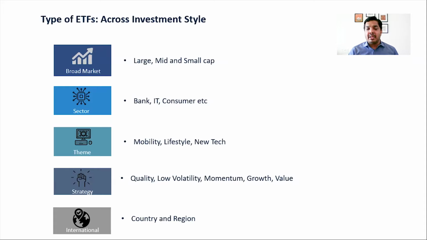So typically what happens is, in a sector based ETF or a plain vanilla broader market based and cap based ETF, you pick companies based on market cap and based on certain filters. In smart beta based ETFs, you first of all shortlist and select companies based on factors. And these factors are the well known factors which we believe tend to have a superior performance across the years.